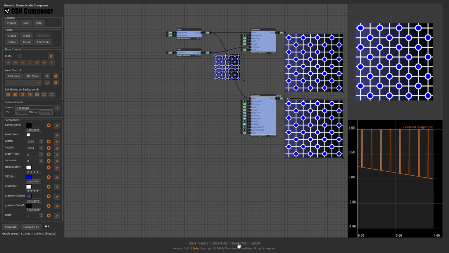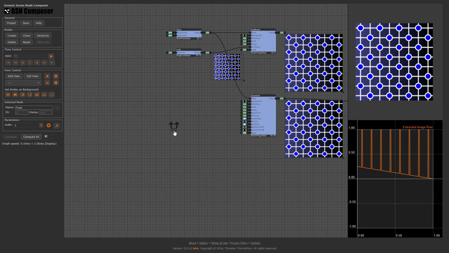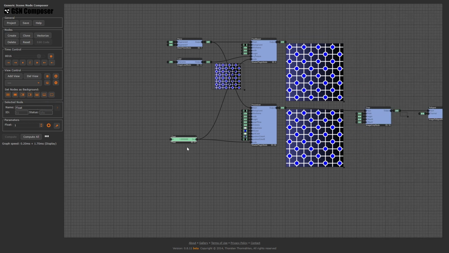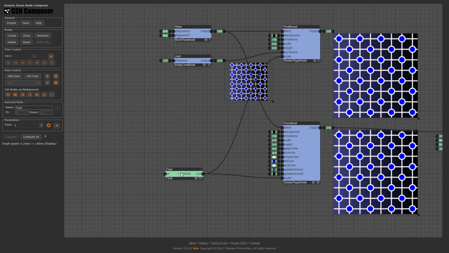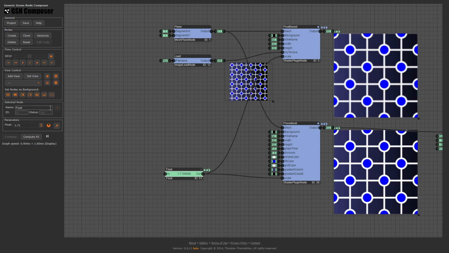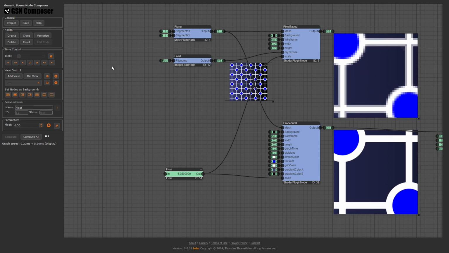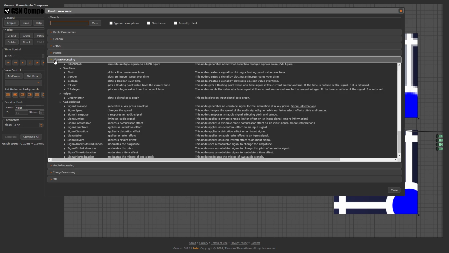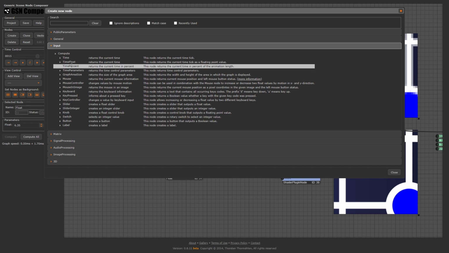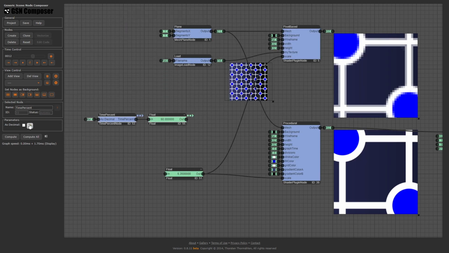Done. Now we connect the scale node to both shader nodes and compare the output of the pixel-based texture and our new procedural texture. As expected, the procedural texture is not affected by the scaling. A nice feature is that we can change the parameters of the procedural texture over time. Input, compute, time.